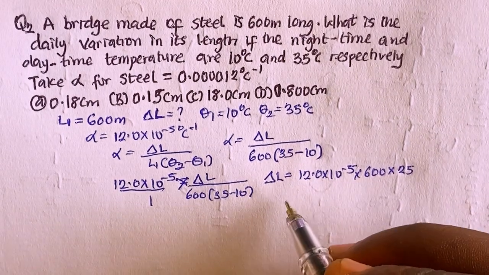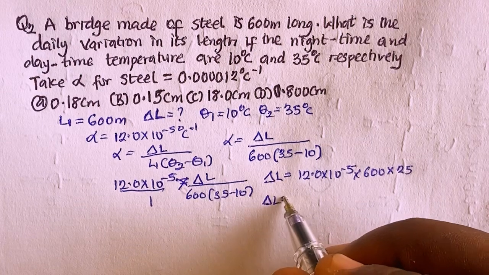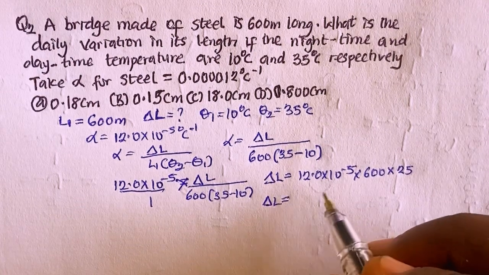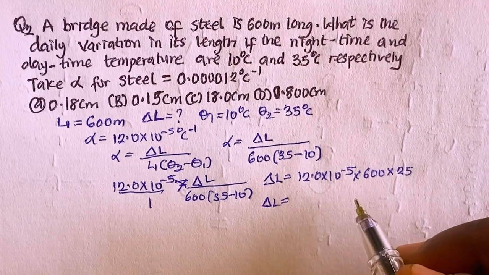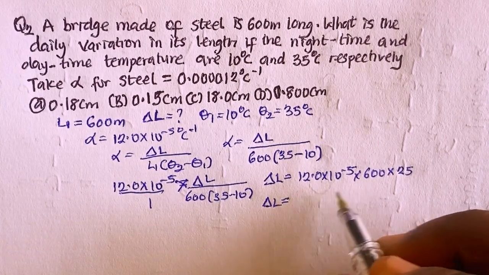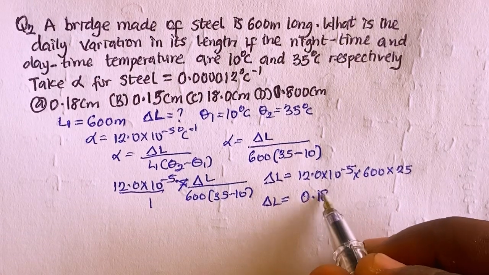Then pressing everything on the calculator, I'm going to have delta L equal to 600 multiplied by 25, then multiplied by this, that should give me 0.18,